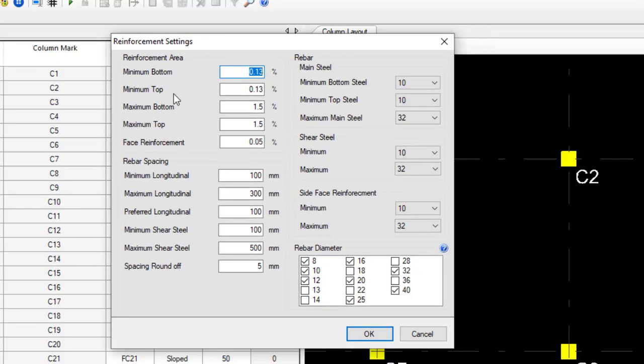This is where you set your reinforcement, the minimum bottom by 0.13%. That's 0.13% of the section. That is 0.13% BH, multiplied by B multiplied by H, right? Then the minimum points, let's leave it as that, so 0.13%. All right, and then